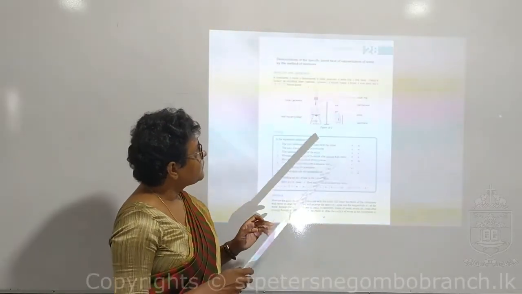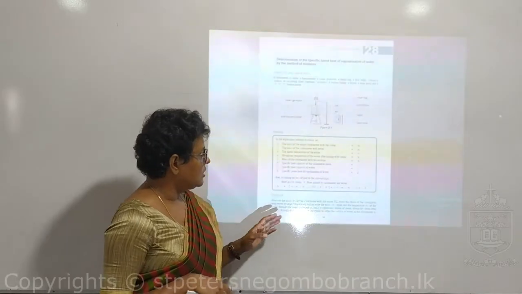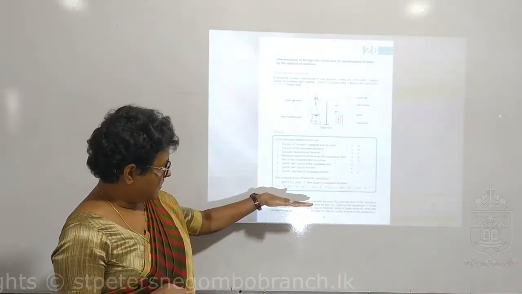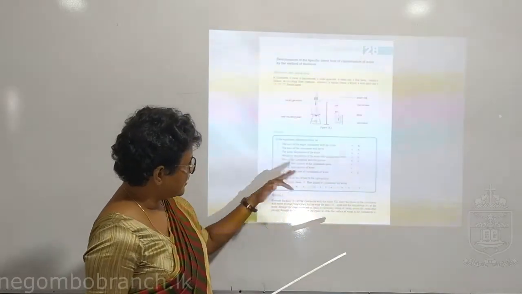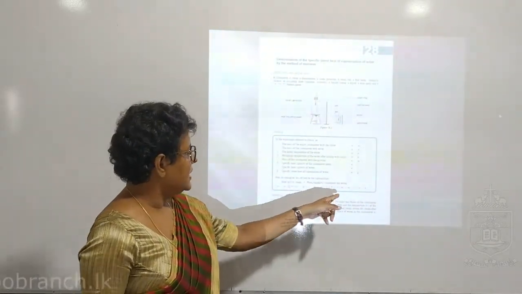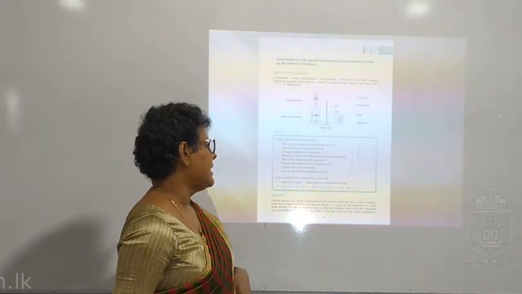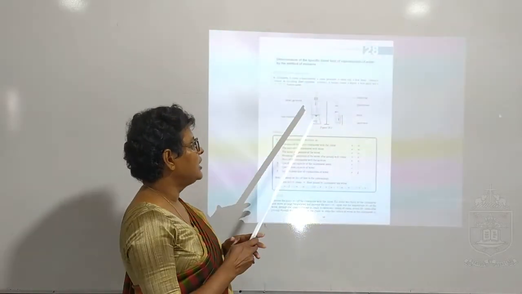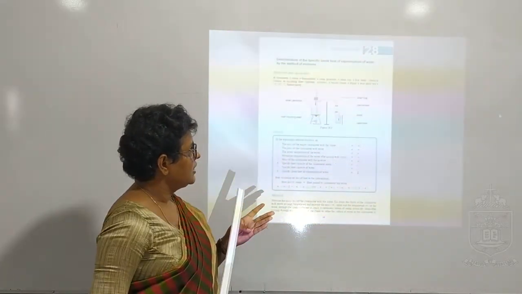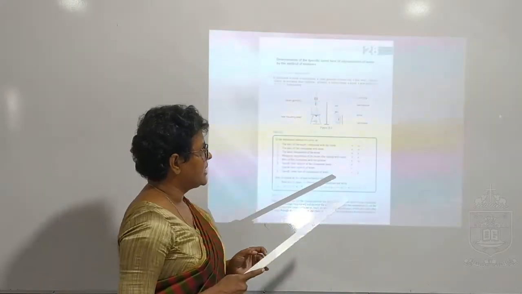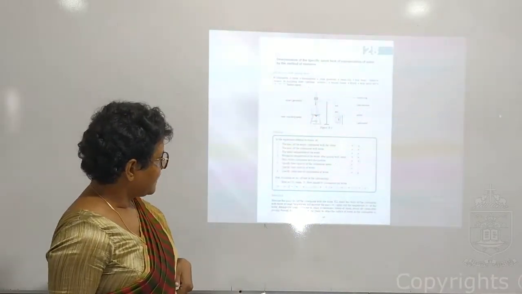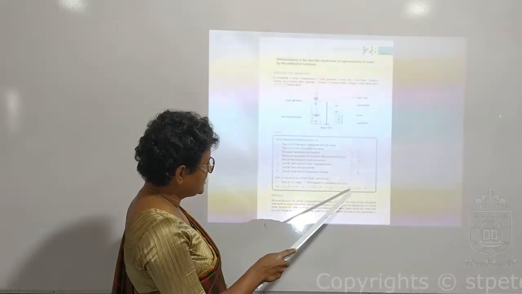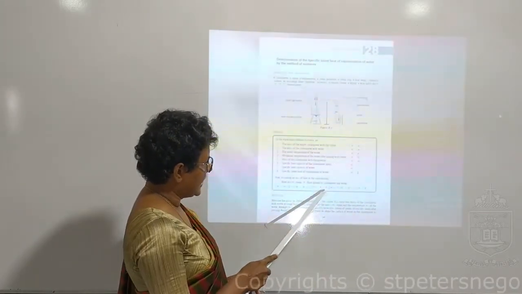For the steam also you have to take mL plus mcθ, the heat given by the steam, equals the heat taken by the water plus calorimeter. Here you have to measure the steam temperature, the initial temperature of water and calorimeter, the final temperature of water and calorimeter,